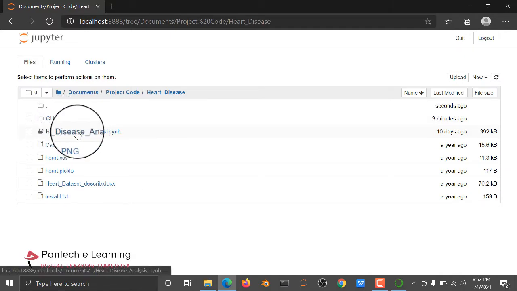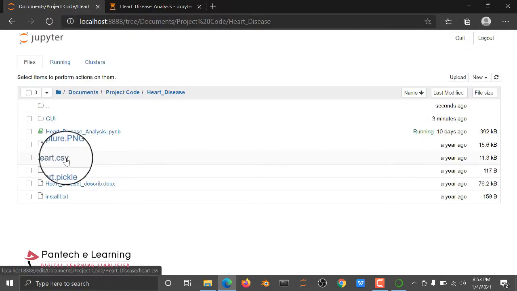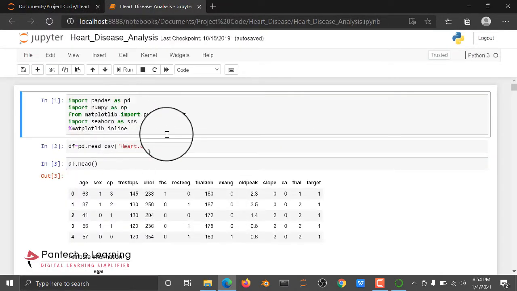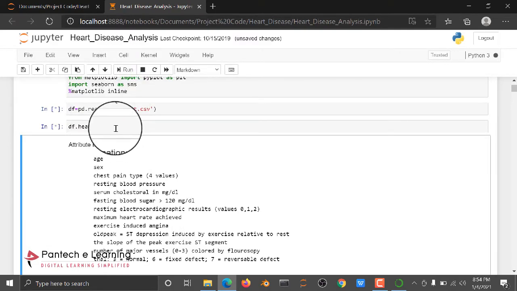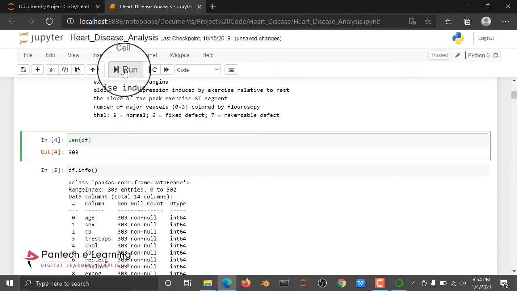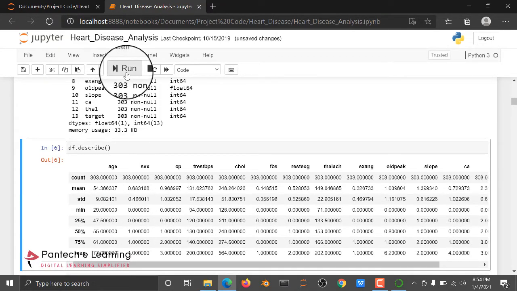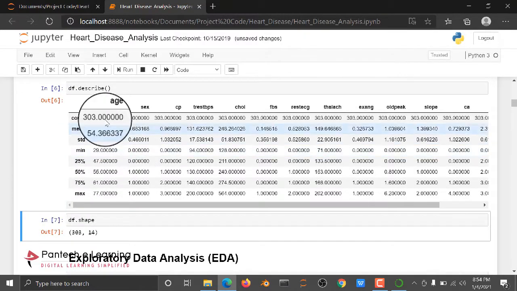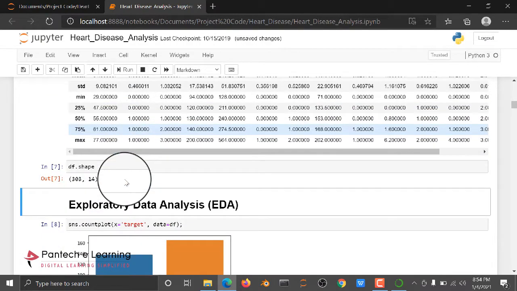Here we have the analyzing part. If you open this part, you will have an analysis of everything in this dataset.csv file. First we are importing the dataset. After reading the dataset, we check whether it has been read or not. Then these are the attributes we are using. Then we check the length and information of each and every attribute column. Then the display function to check the statistical view, and then shape to check the rows and columns.